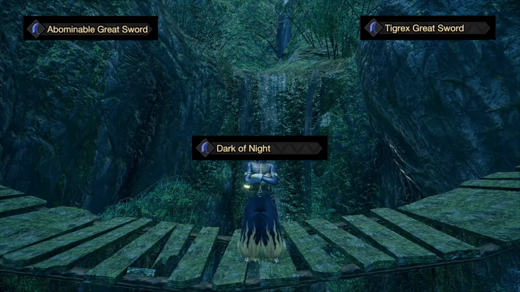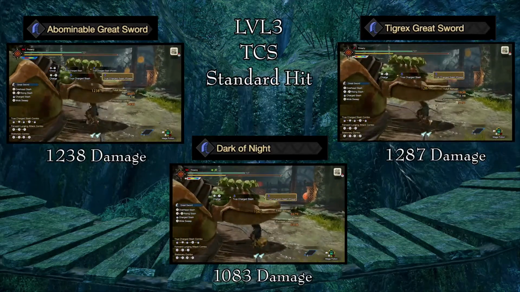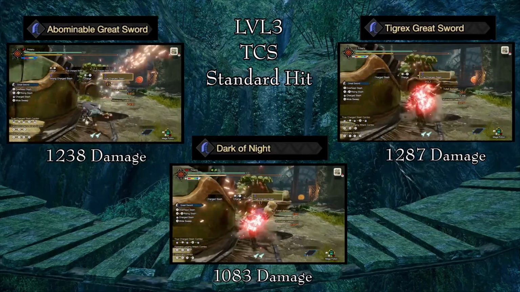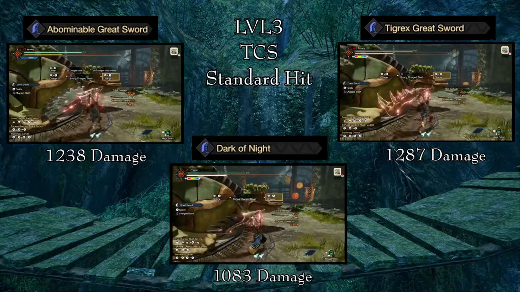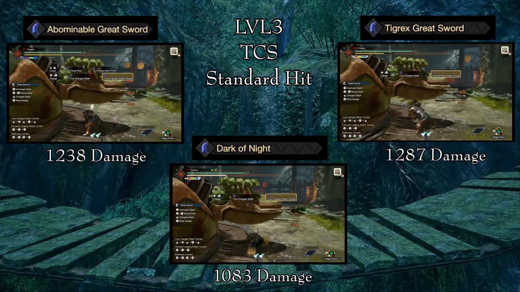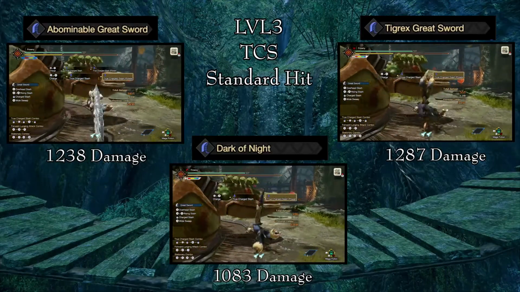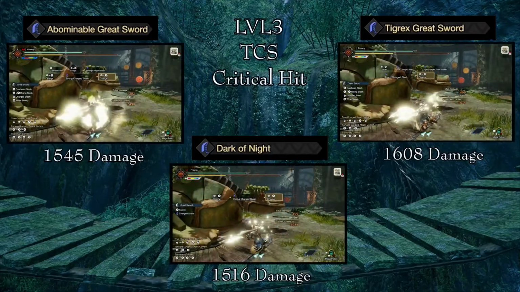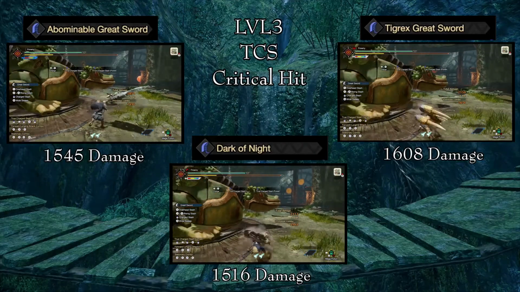Finally, when doing a level 3 true charge slash on a standard hit, the Abominable Greatsword will do 1238 damage. The same attack from the Dark of Night will do 1083 damage, and the Tigrex Greatsword will do 1287 damage. On a critical hit, the level 3 true charge slash from the Abominable Greatsword will do